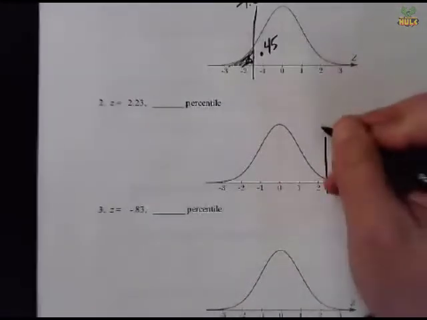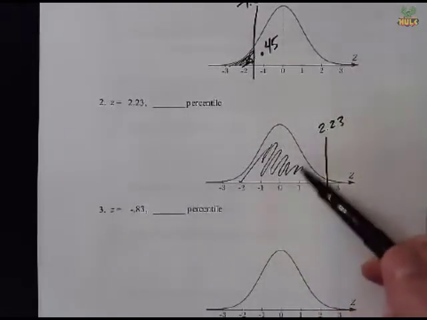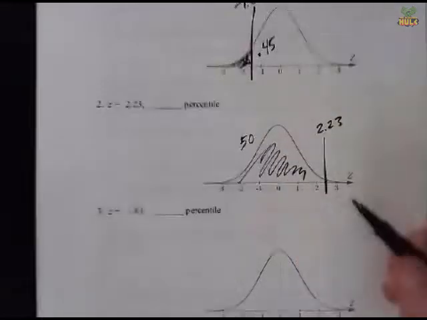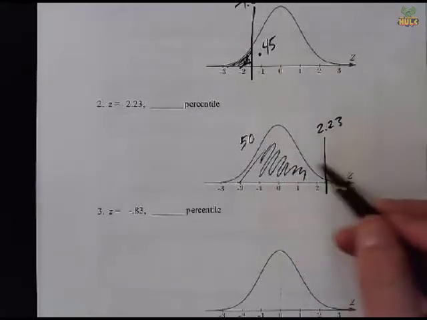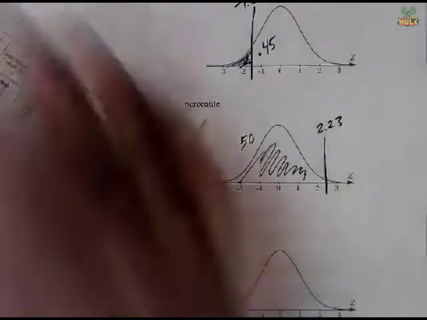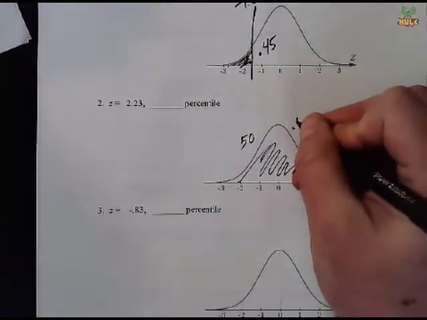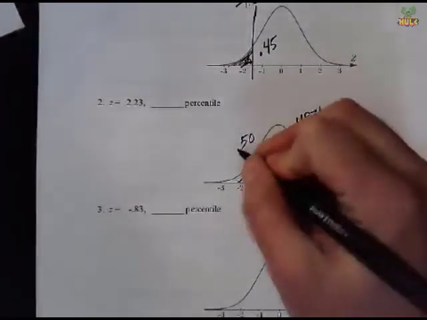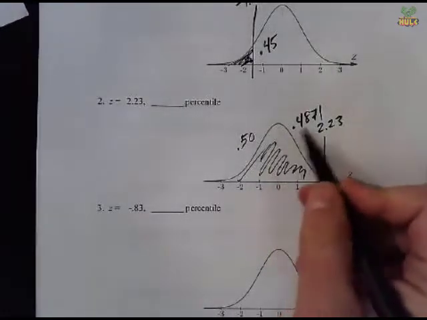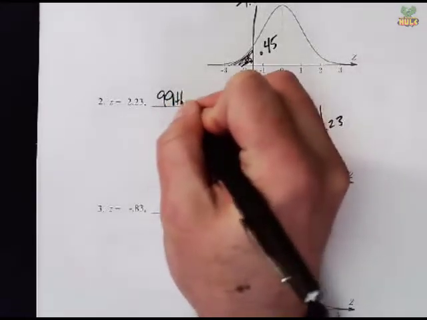So I can draw that in over here. 2.23. Remember, percentile is how many scores fall at or below. We know there's 50% on this side, so we're really just trying to figure out what this percentage is here. So let's look at our table for 2.23. 2.23 is all the way up here. It says 48.71 between the mean and z, which means this section over here is 0.4871. Remember, that's a 0.5, which means this would be the 98.7th percentile, which you'd round up then to the 99th